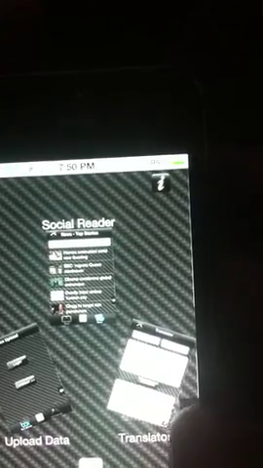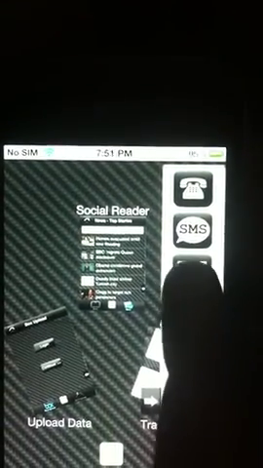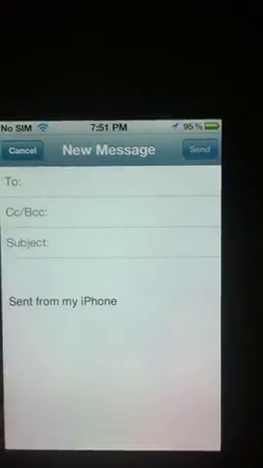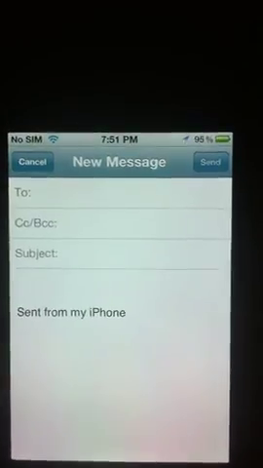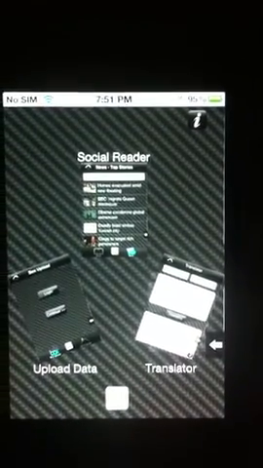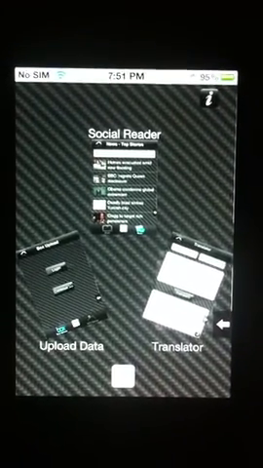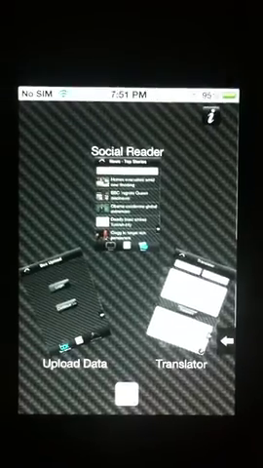Switching back to my application, here is the view for my mail, so I can press this mail button and mail my near and dear ones using the native mail application. So here is our app Say Something. So that's all about Say Something.